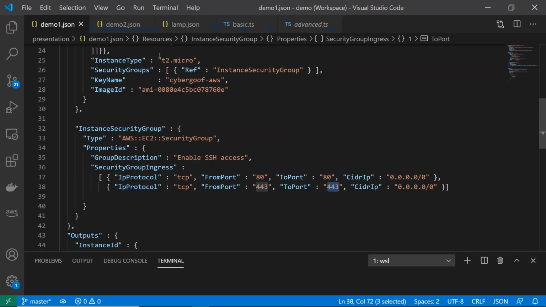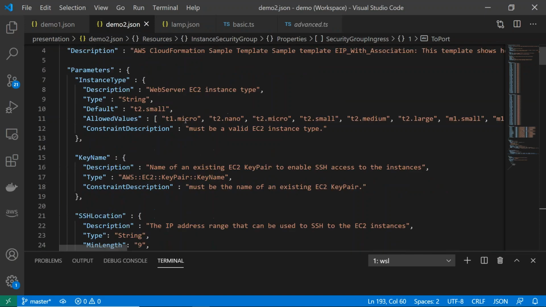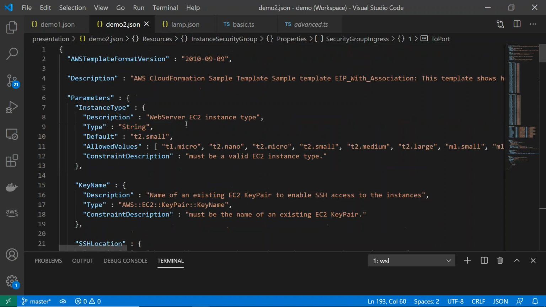It's actually the same thing, but I'm going to put in some properties. Because remember, in the first one, I specifically said T2 micro. Here is the size of the virtual machine I want. But maybe you don't want to have the same size every time. You want to be able to pick it at deployment. Remember that whole idea of at deployment time, at runtime, I can make a decision on what size based off of my environment. So maybe that was okay for dev, but now I'm going to run this in deployment. So I can pick from a list.